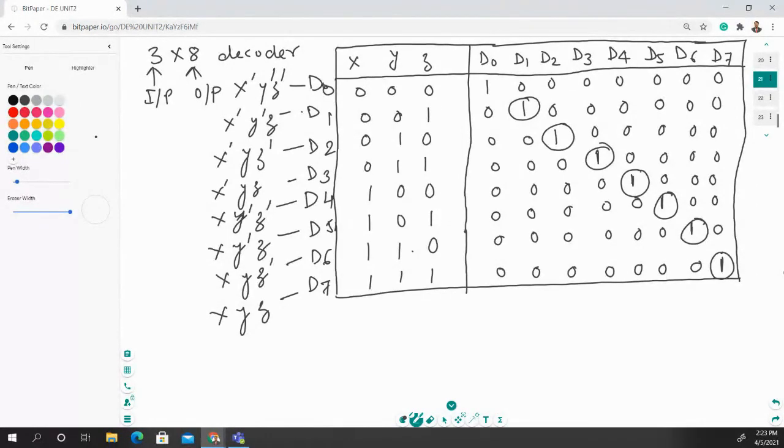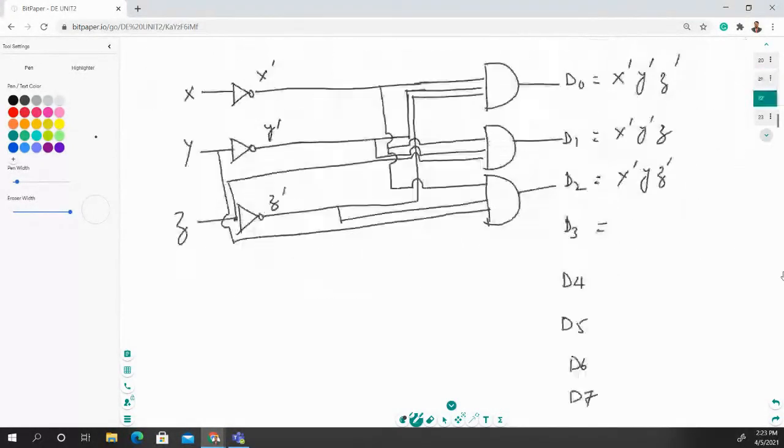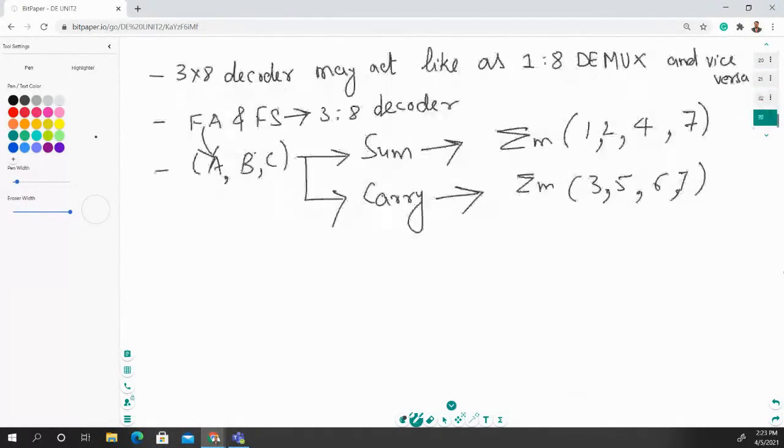Okay, so we have represented the sum min terms. The locations are 1, 2, 4, and 7. You have to mention these min terms from this particular circuit. So we have three inputs. Quickly create a circuit, or create a table first.